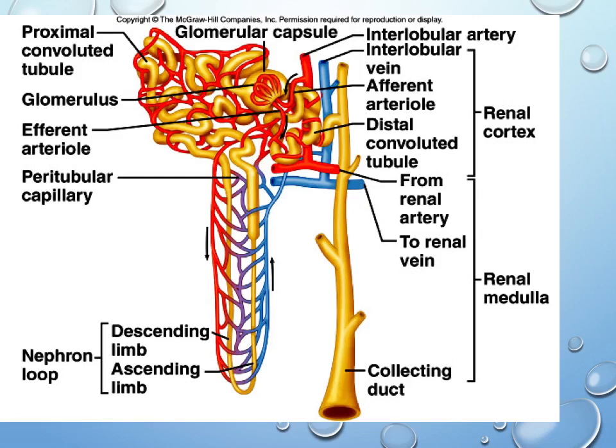At which point in time we then head into the loop of Henle, what most books will refer to as the nephronic loop. The nephronic loop, or the loop of Henle, has two distinct areas to it, the descending and ascending limb. It's at this point in time that the fluid flow within the vasculature goes in the opposite direction of the fluid flow within the nephron. And this is where we get what's referred to as the countercurrent interaction. The countercurrent interaction takes place between the loop of Henle as well as the vasa recta capillaries and peritubular capillaries that